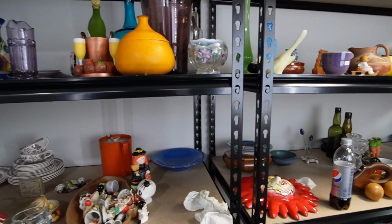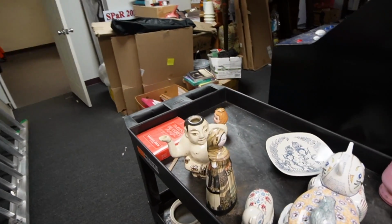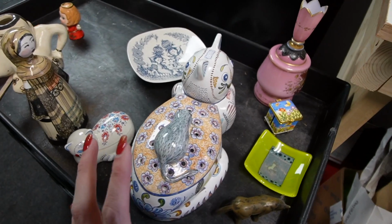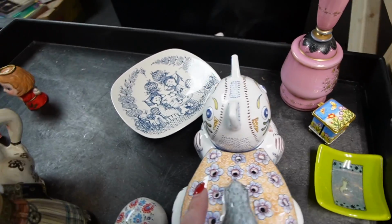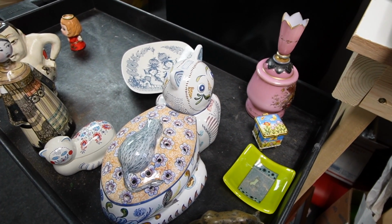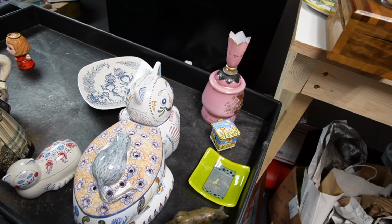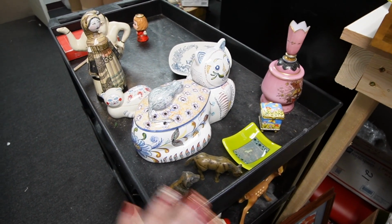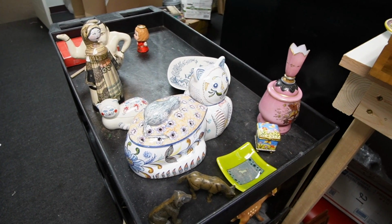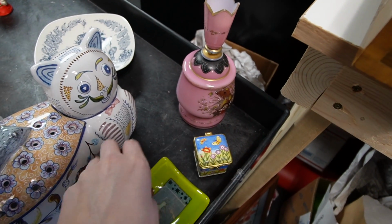Okay, so here we are in the back room, and I ended up pulling stuff off of the shelves, some stuff that's been sitting for a little while, like this kitty, because it kind of matched this cat. And what I realized about this cat is it has faces on both sides, which is a little bit trippy. It's a little trippy, but it's still pretty cool. Now, there was some stuff sitting on the top of this cart that I photographed a while back, and I just decided to re-photograph it rather than scrolling through my phone looking for the photos, because it was photographed quite a while ago. Here is a stamp box, fused glass